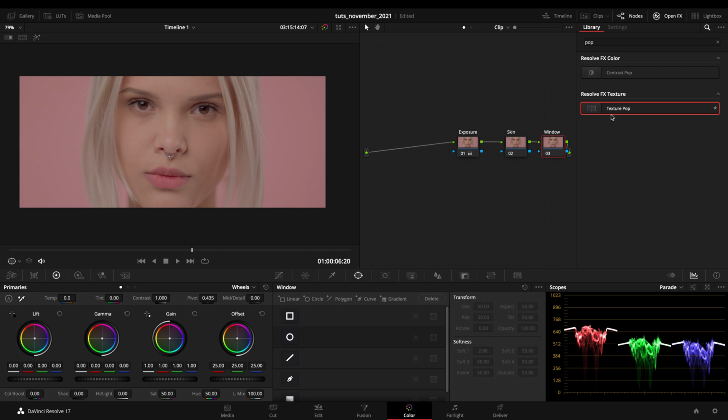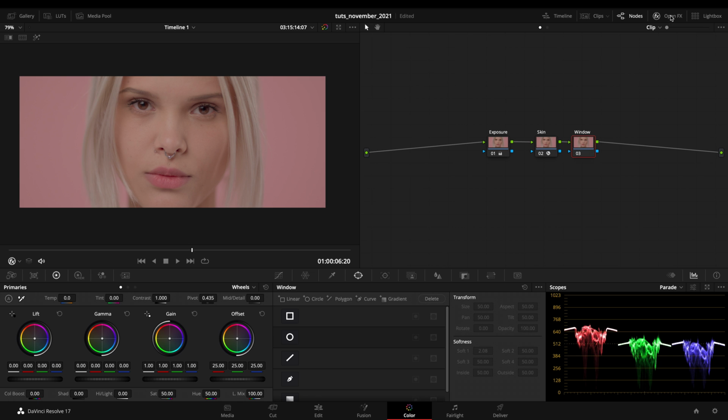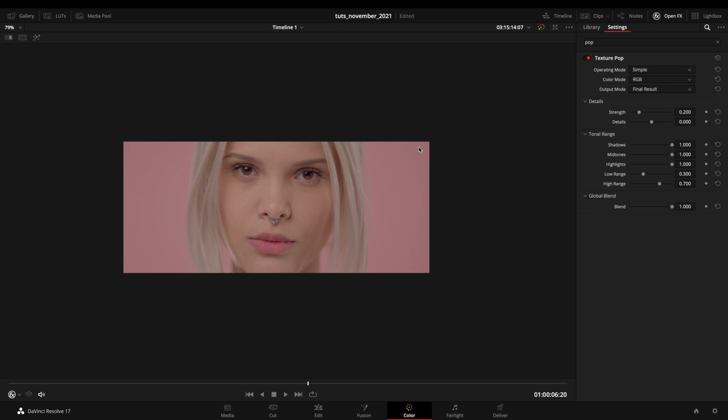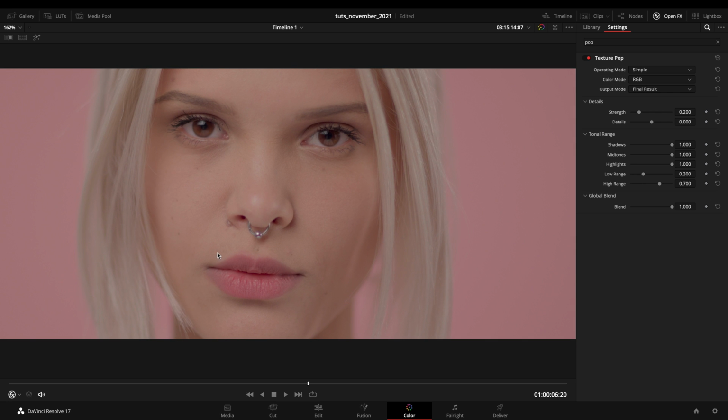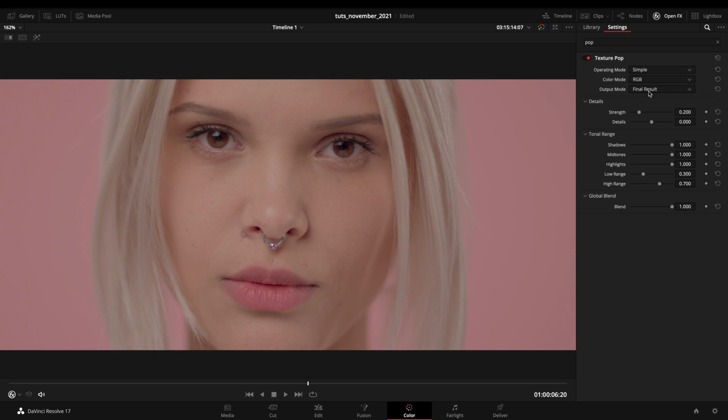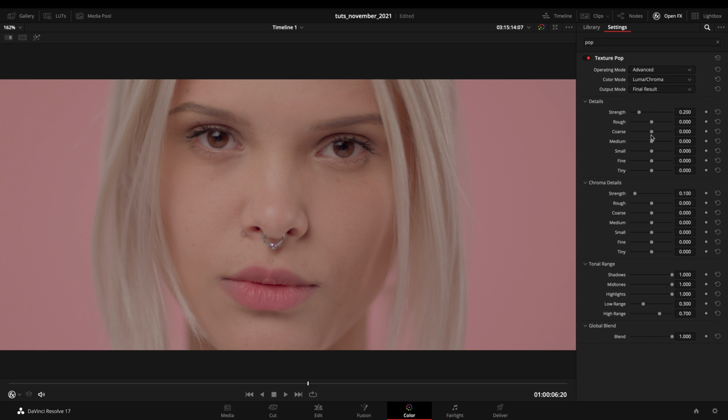So with this one, again, I'm going to add the texture pop on our skin, and let me open it once more. So again, let me check where we are placing our skin in the advanced mode, luma chroma. Let me check the fine, tons of details on the fine, on the small, tons of details on the small, medium, a bit on the medium. Let me put it here, of course, not that much. Let me reset it, just a bit. So let me work with the fine, with the small,